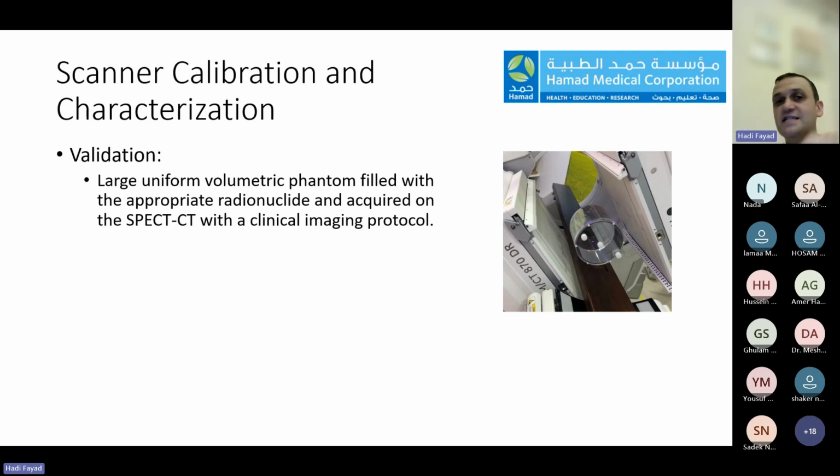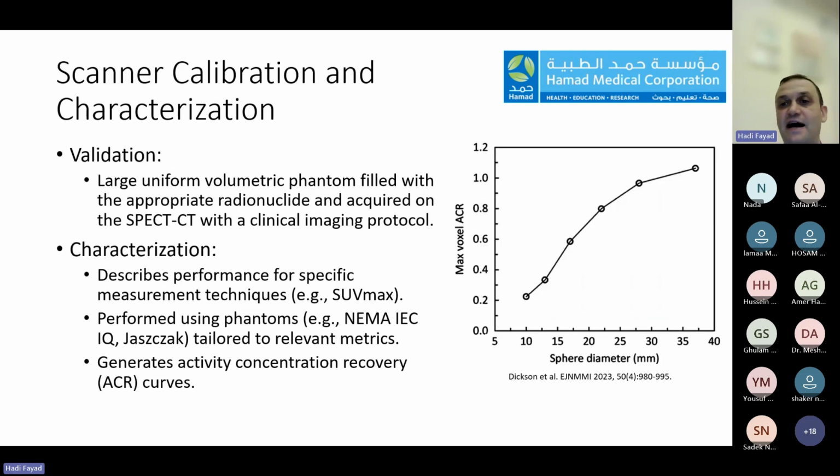And then the SPECT-CT, we will acquire SPECT-CT on that phantom while using the clinical imaging protocol. So we'll create our value, our factor, and then we'll apply it here on the clinical protocol to be able to get at the end some SUV value and to be able to validate that factor. Also, we need to characterize